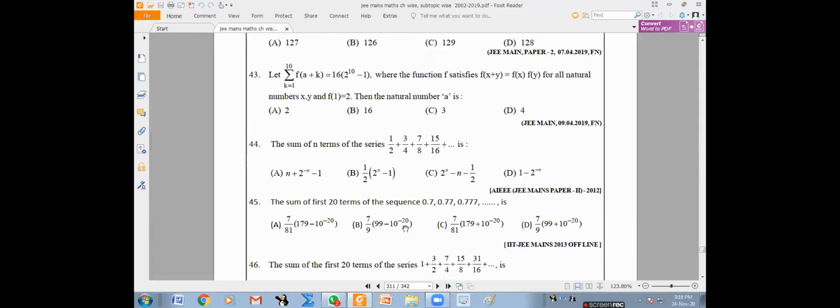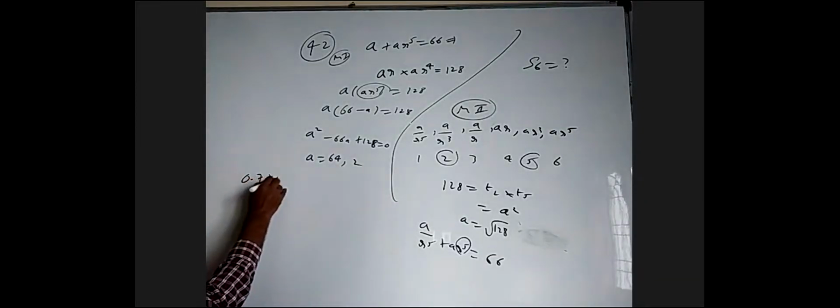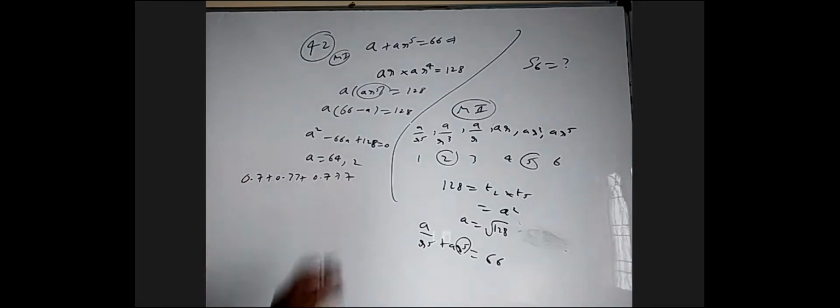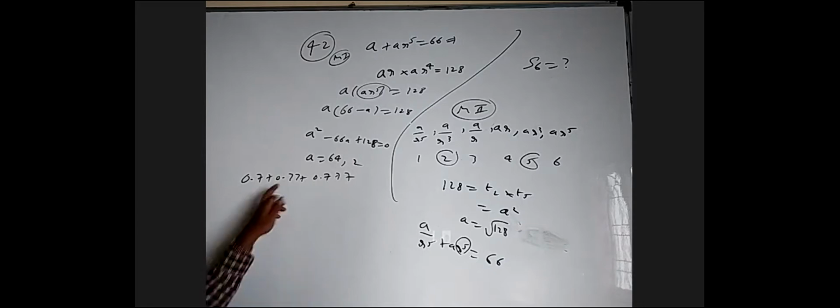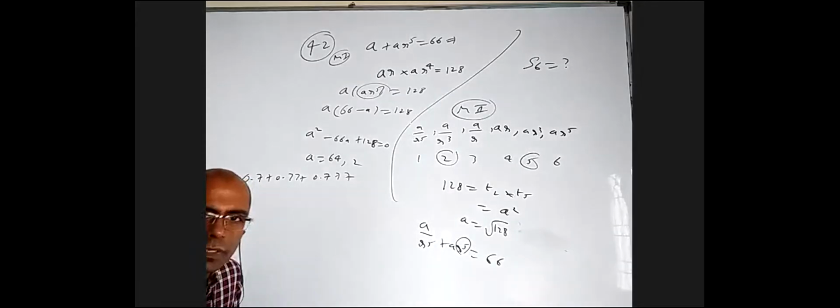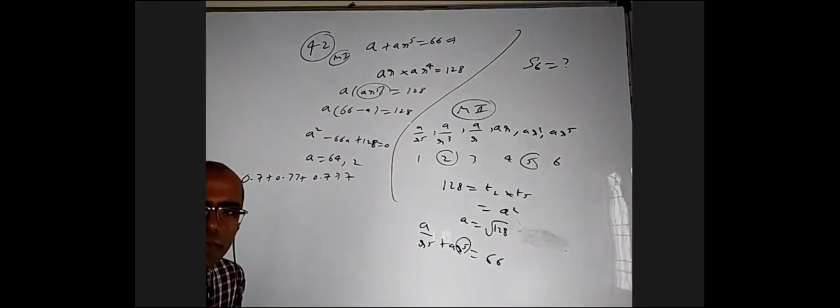Sir, once again can you repeat, sir? Okay, I'll write it down. You want 0.7 plus 0.77 plus 0.777. If somebody asks you what kind of series it is, it is not AP, GP, HP, not any series, because this minus this is not the same as this minus this, and this by this is not the same as this by this. Reciprocal also will not come. It is actually a difference of 2 GPs, or you can take a GP plus a constant. When I told you about GP, I told you to take a GP and add a number. You will not be able to find which series it is, but you can find the sum of n terms. This is that type of question.